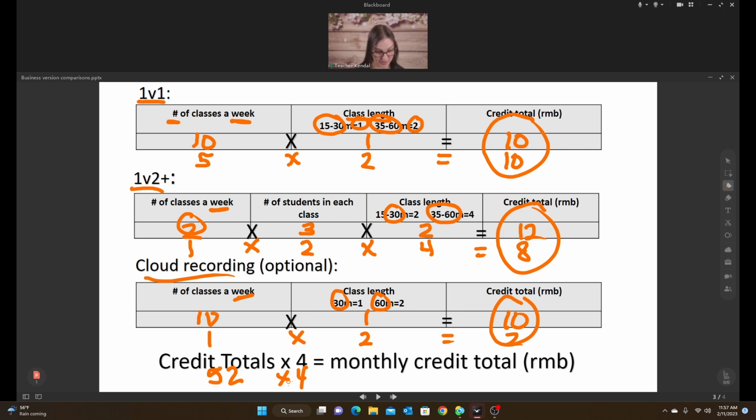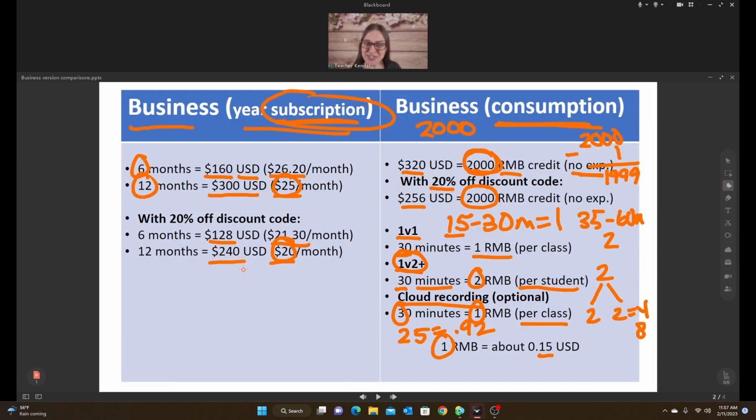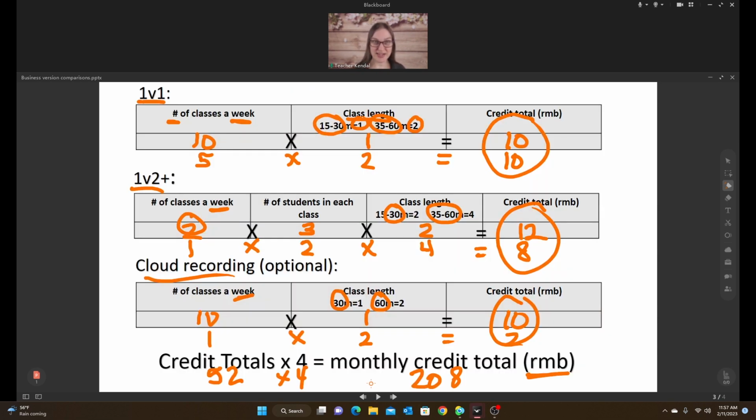Again, use my calculator just to make sure I don't make a mistake. 52 times 4 gives me 208. So that tells me at the end of the month, I will be using 208 RMB, which is my credits. 208 credits. So, well, that doesn't really help me compare to my subscription because my subscription is in US dollars. So all you have to do, and again, this could fluctuate month to month, year to year,